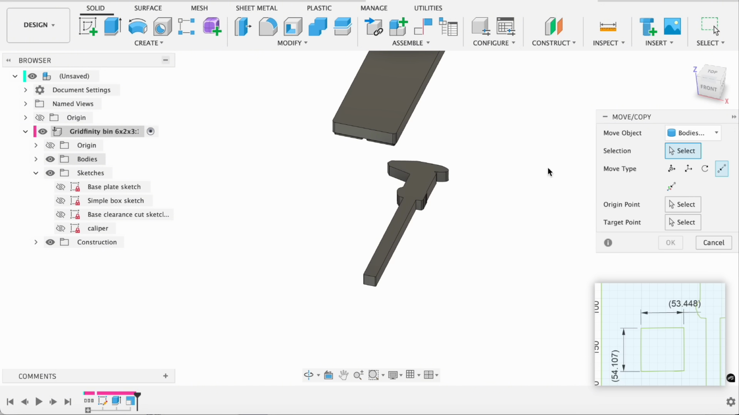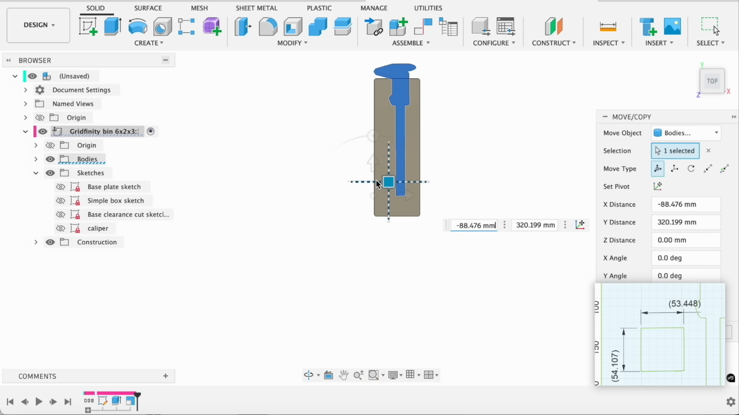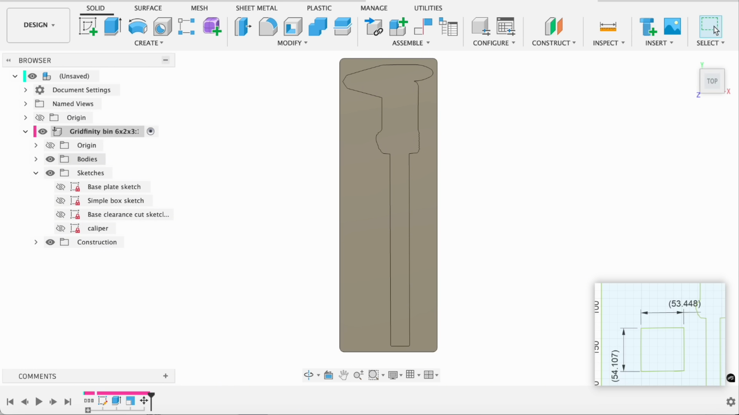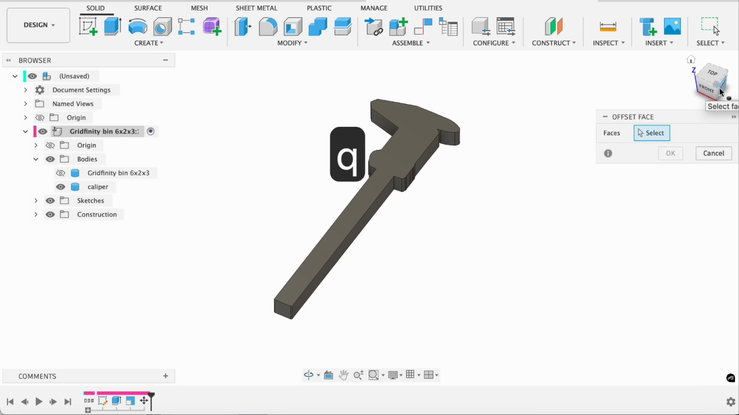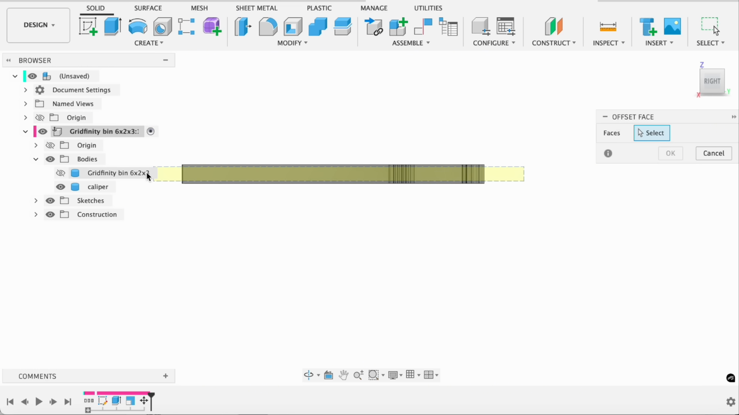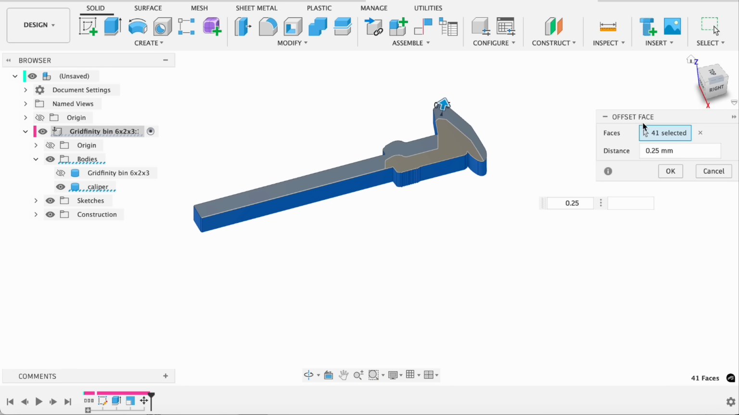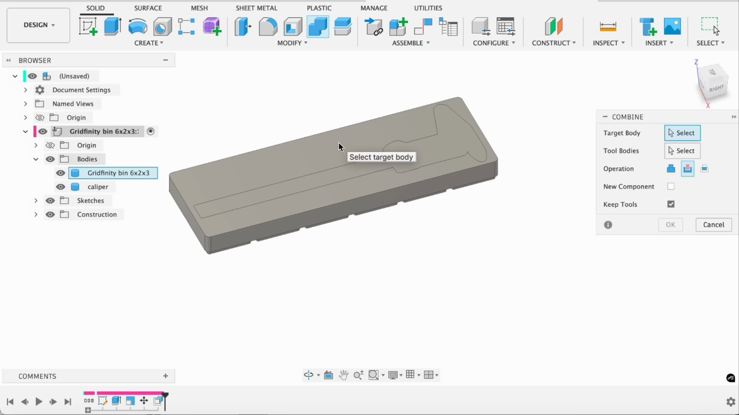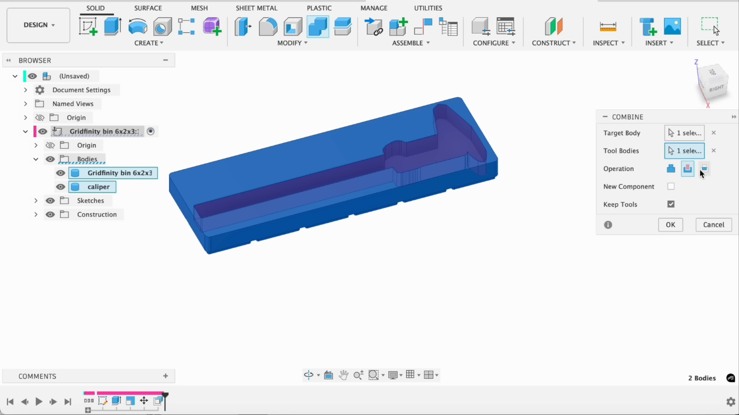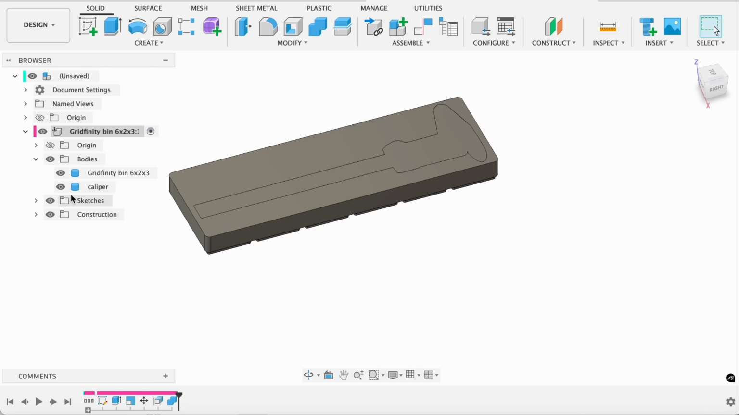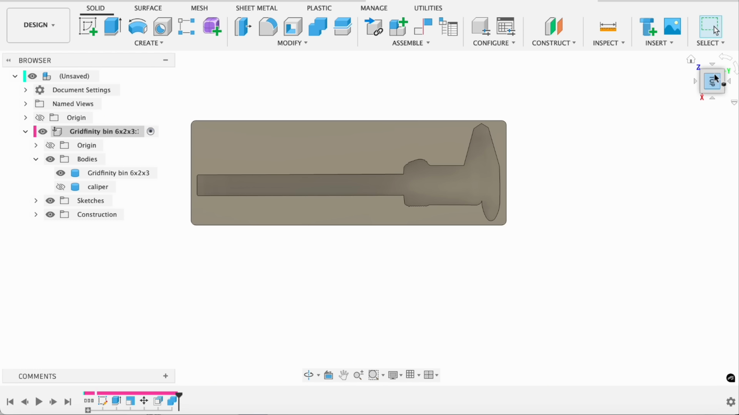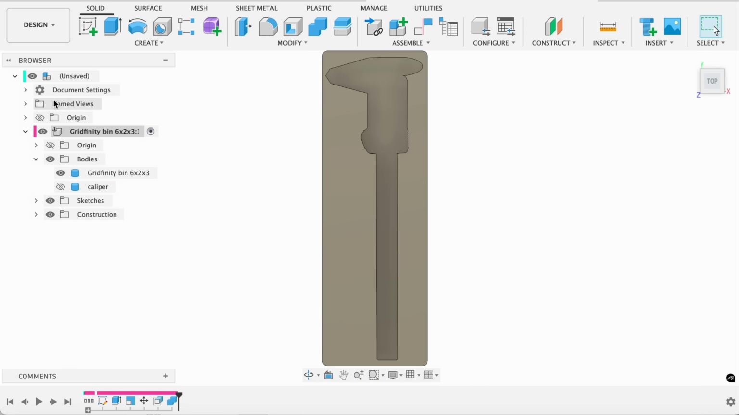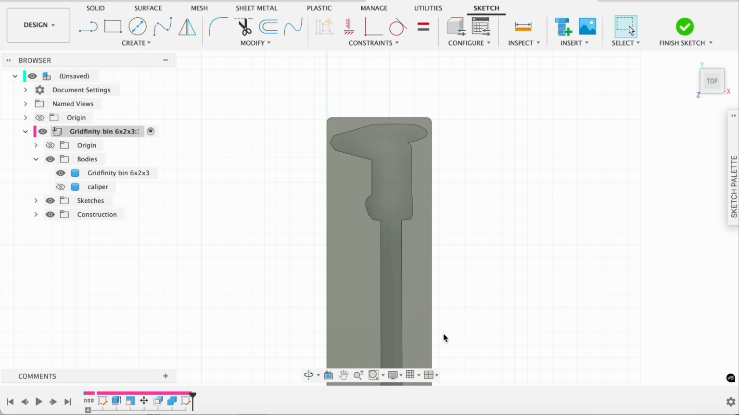Now let's use shortcut M to center the calipers on the bin. To give it some breathing room, hit Q for the offset tool and add a 0.25 millimeter offset. Finally, use the Combine tool to subtract the calipers from our solid Gridfinity bin. It's looking great. We're almost there, but don't forget to add finger notches so you can actually get your calipers